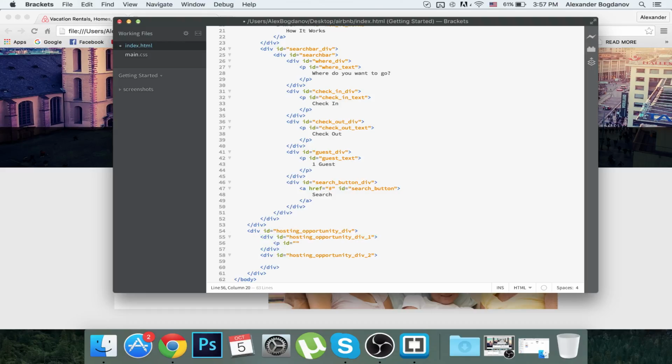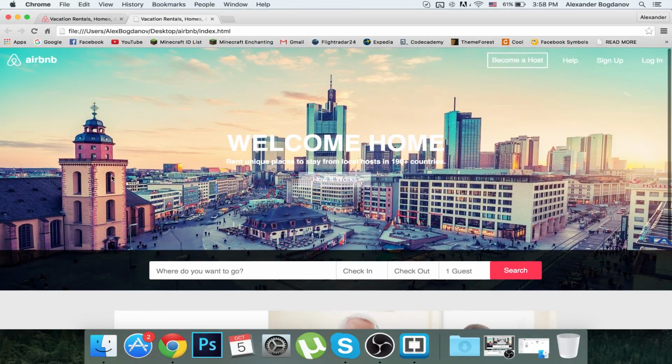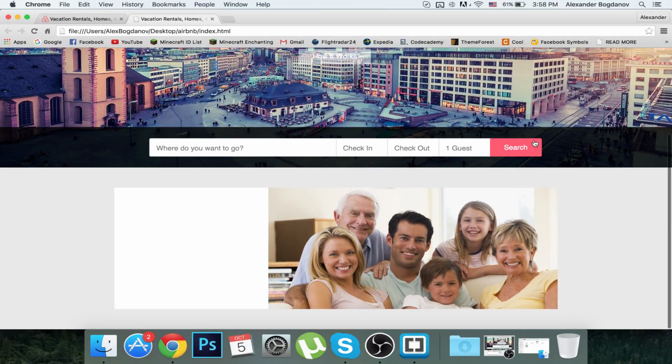PID equals hosting opportunity text. Hold on a sec. Just like this. And it's getting kind of messy and I don't like it, but we can't choose, basically. We can't go with a simple code because it's a big site. It's a big website. And man, I gotta say, this is a beautiful website that we're creating right now. I absolutely love it. Alright, so